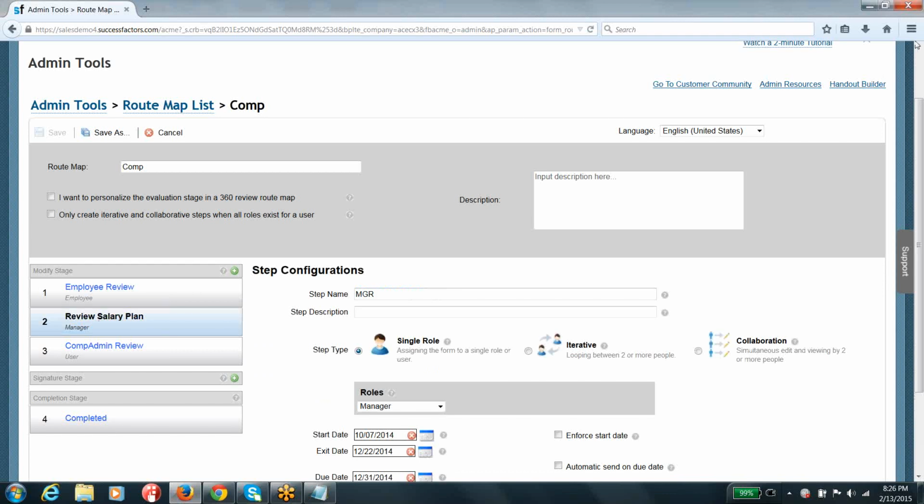Raghu, can we have dynamic steps here? Pardon, what is it, Srini? Dynamic steps. Like under modify stage, if I want to have dynamic steps, can I have that, or is it fixed? No, it is not dynamic. It is going to be static, Srini. Always your route map is static, guys.